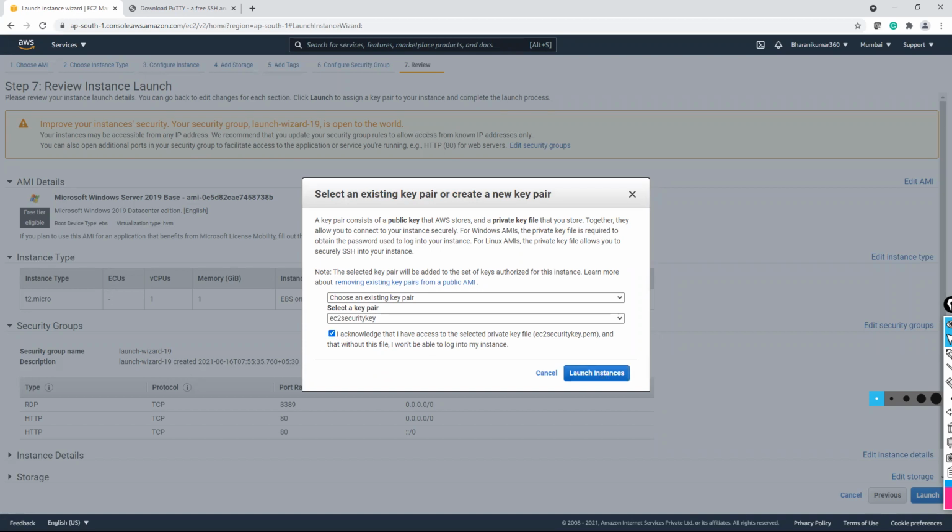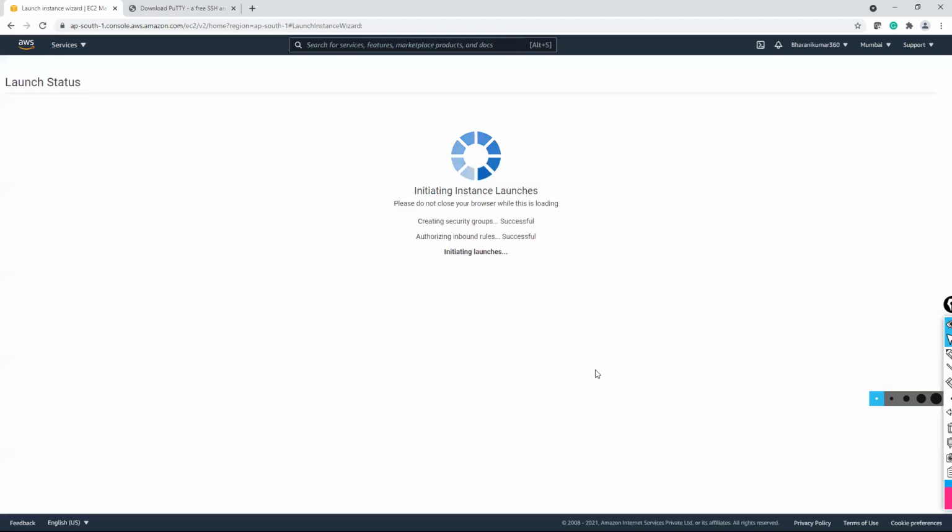So any doubts in this, guys? You have two free tier eligible Windows versions. You can go with any one of them. The rest of the steps are the same as creating your EC2 Linux instance, and launch instance.